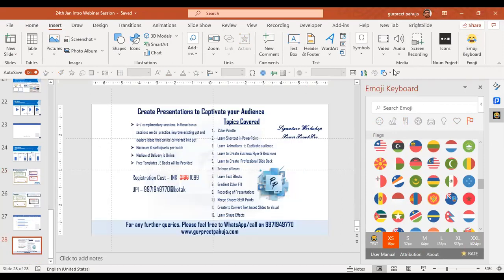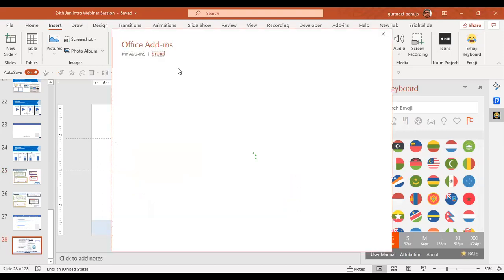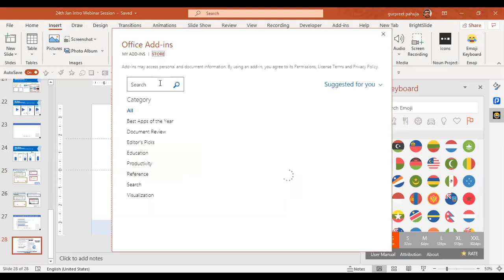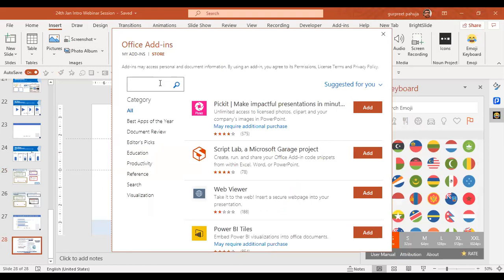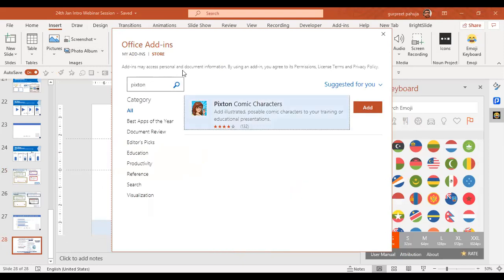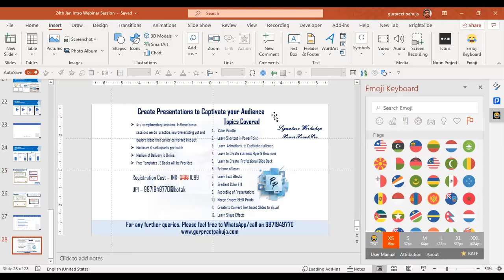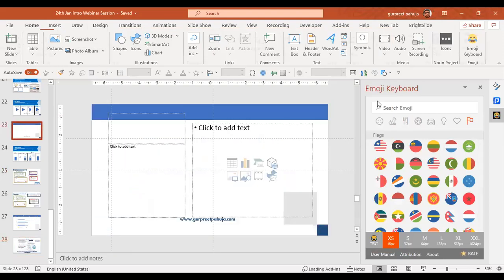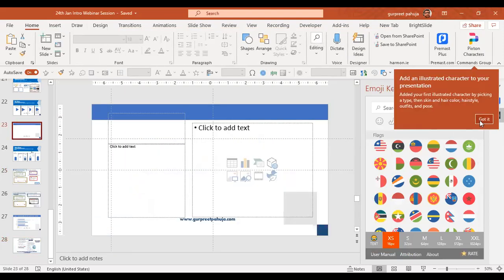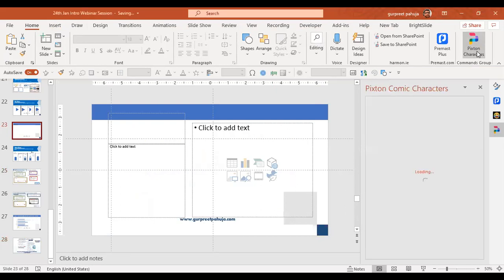Getting it? Apart from that, there is one more add-in which is very helpful. Pixton characters. If you want a character, Pixton. So this is a Pixton character. I add it. I agree. Continue. You see Pixton is here.